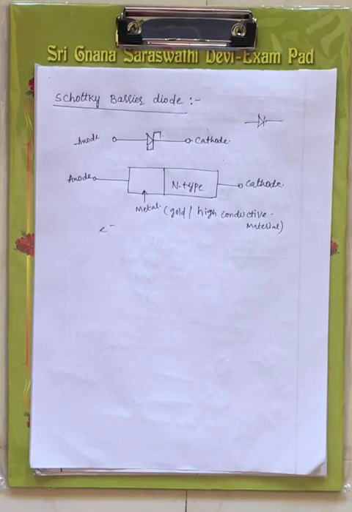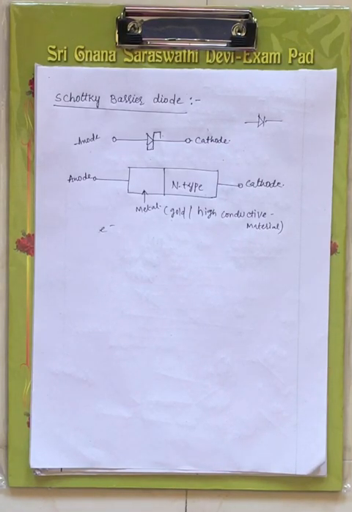Now this is the introduction of the Schottky barrier diode. It has a metal that is diffused with the N-type layer. No P-type layer is present. Since it contains only the N-type layer, the majority carriers are electrons. It is very useful in fast switching devices, and it has less reverse recovery time, so it can be used in microwave applications, nothing but higher frequencies.